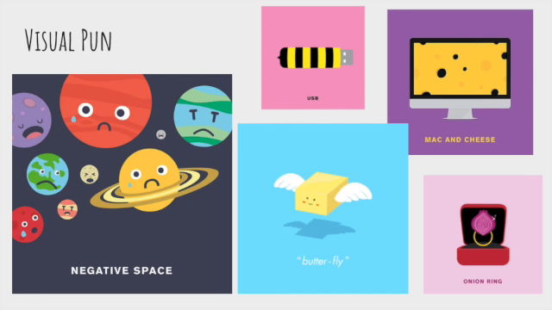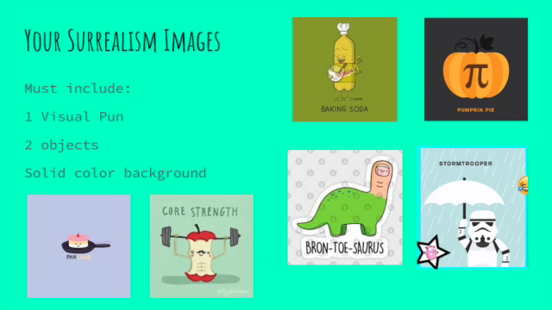Some of my young artists in the studio have done wonderful work. So what I want to see is one visual pun where you're combining at least two objects. I drew a corn dog myself. I imagine you can imagine what that looks like. And a solid colored background. So one visual pun by combining at least two, juxtaposing two objects, and then go ahead and color in the background so we have a nice finished piece.